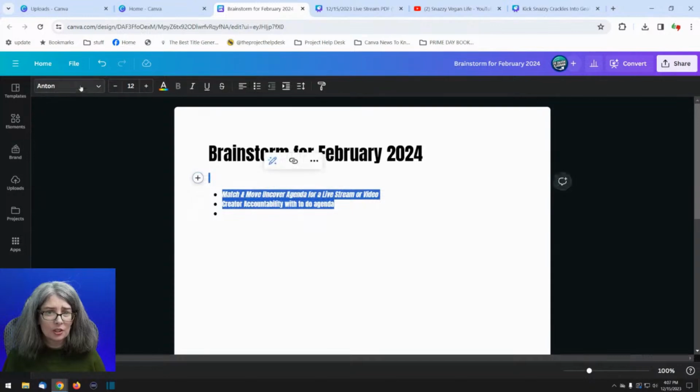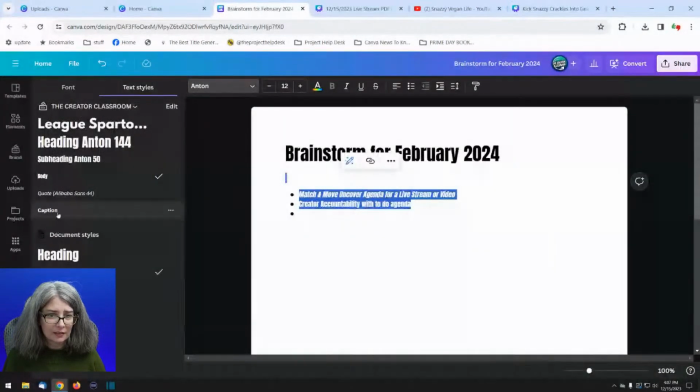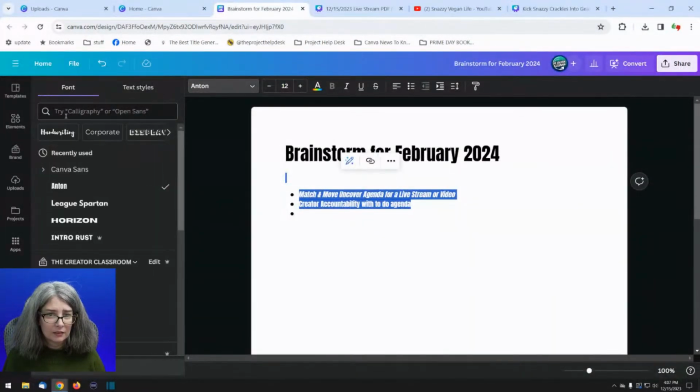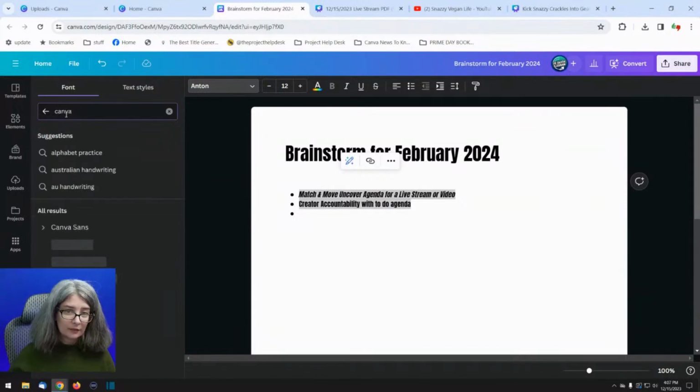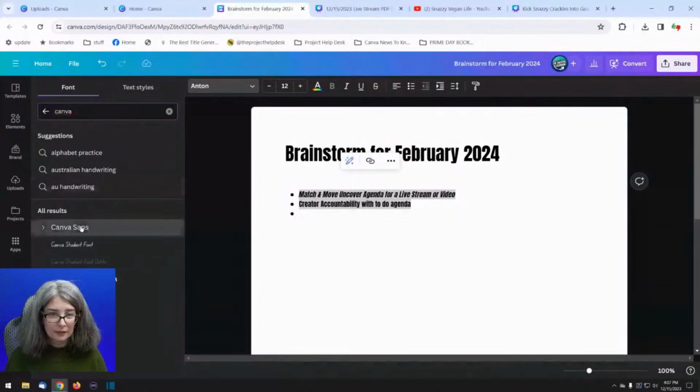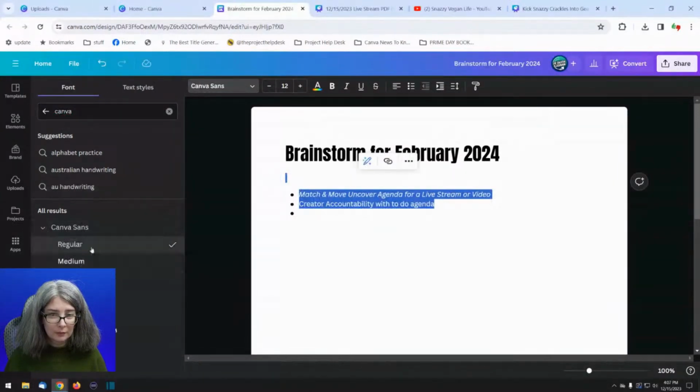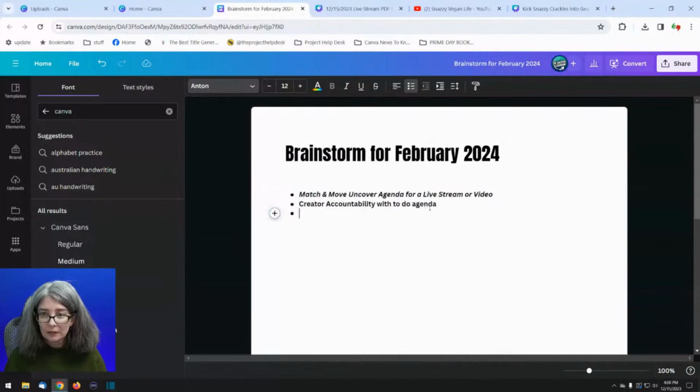And I'm going to change this to Canva Sans. Help me, creator's choice. Let me go ahead and bold this. Match and move, uncover agenda for a live stream or a video.